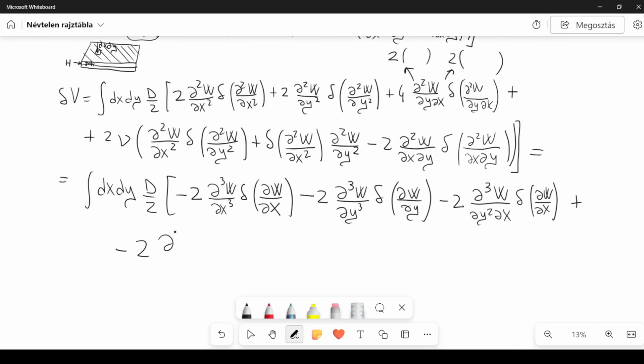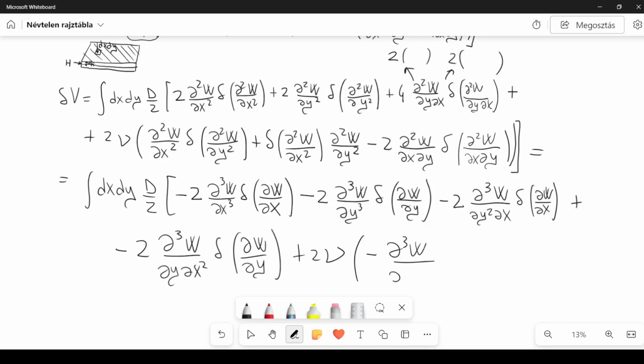So I have minus 2 d cubed w dy dx squared delta of dw dy, like this, and then I have plus 2 nu, then I integrate this one first, so I have minus d cubed w dy dx squared delta of dw dy,